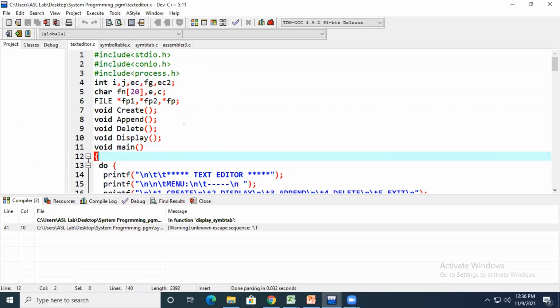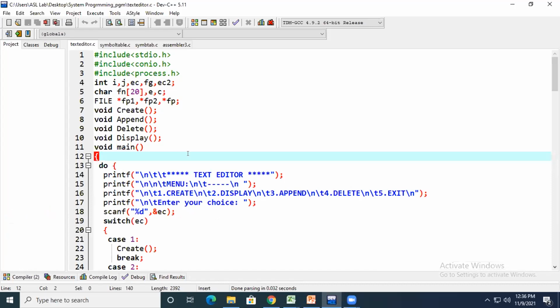Normal C program. Is it visible? Shall I make it more again clear? Is it visible? Or should I Yes, increase the ma'am. size? Okay, fine. The particular contents already I had taken the header files for a stand as a standard input output in order to take the user inputs, and conio.h for visibility.